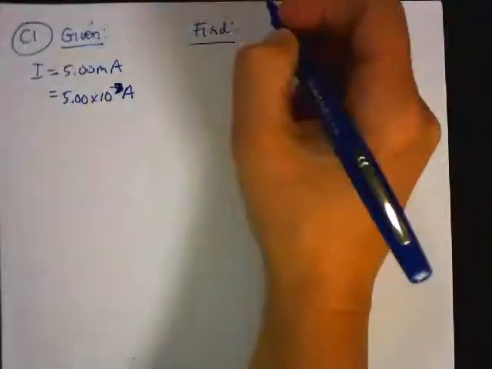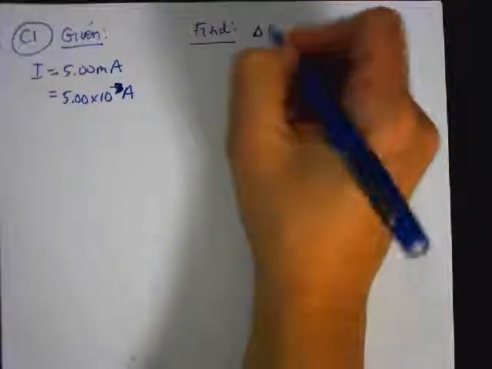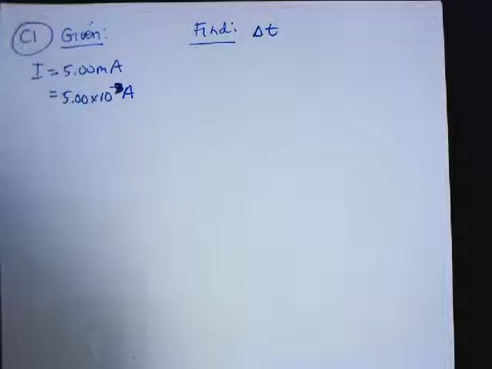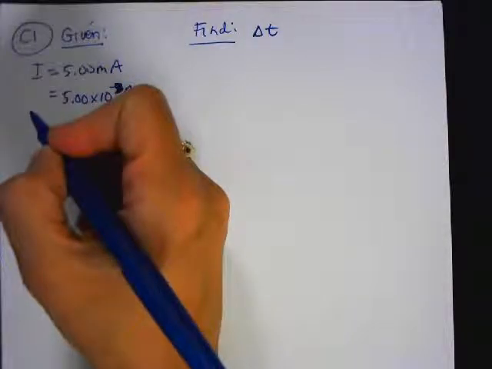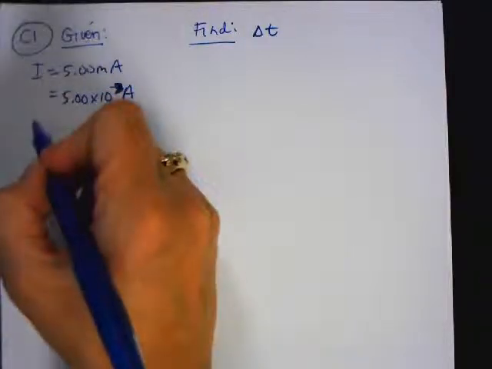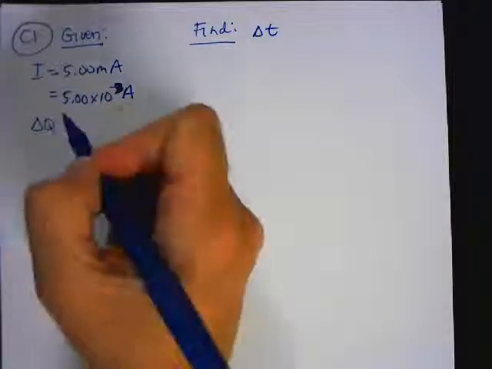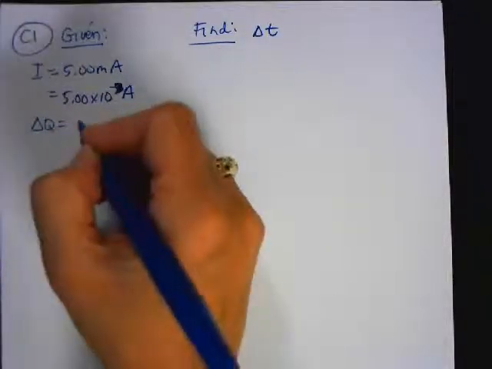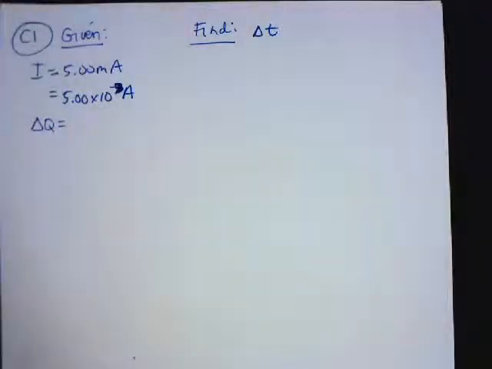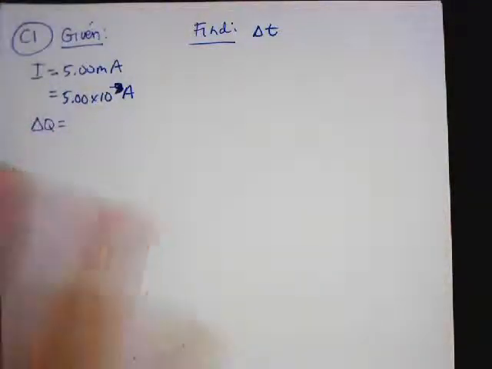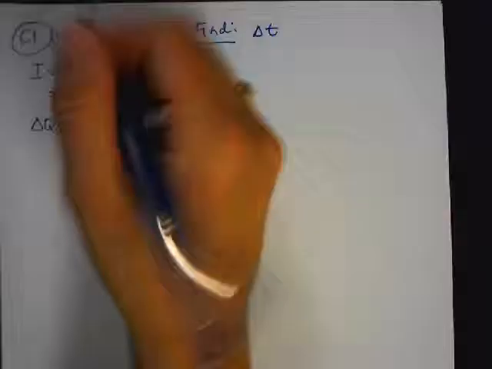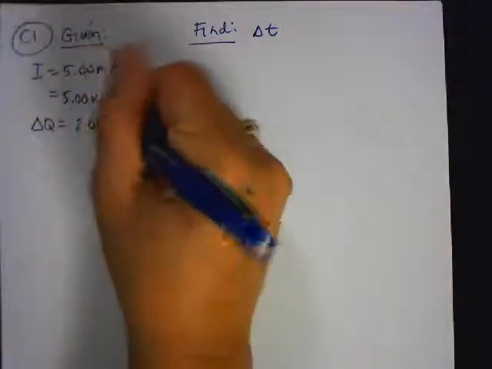How long, so I want to find the time, would it take for 2 coulombs of charge to pass through the cross-sectional wire? Because it's a cross-section, I'm going to say delta Q, big Q, not little q. Little q is a point charge. This is a charge for an area. So that's the difference between lowercase and uppercase q. So this is going to be 2